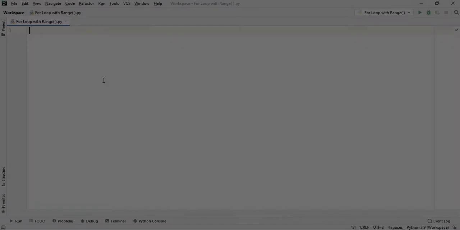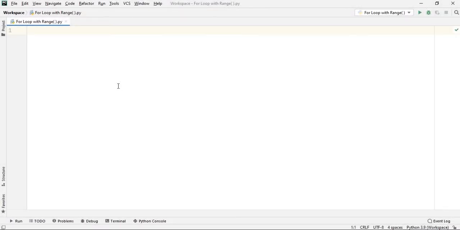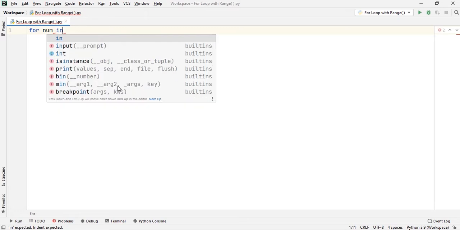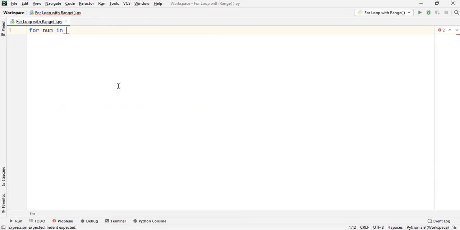I will go on to the PyCharm and here I will write the program for you. So let's start with the for loop now. I'm writing for. I will take the loop variable to be num and then the membership operator in. Then I will use the range function. And in using the range function, you have to remember that you have to use the parenthesis and then the colon. Inside the range function, you have to give an integer value. Here I will take 5